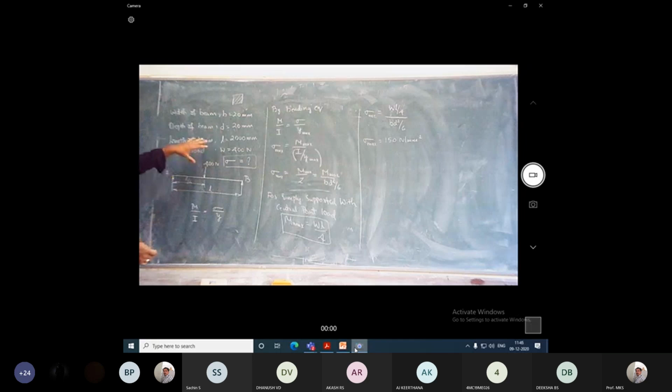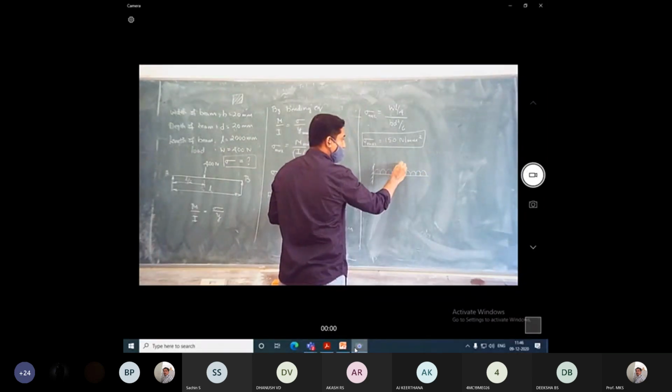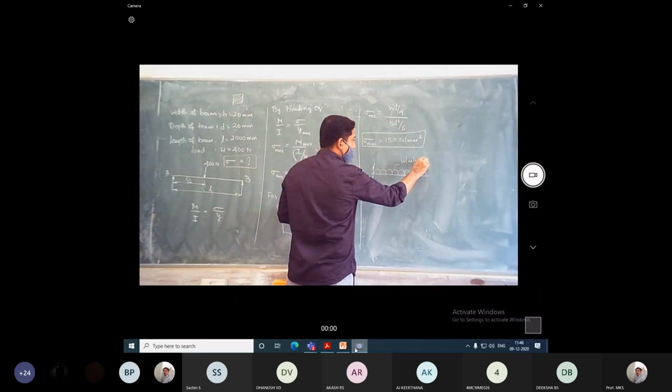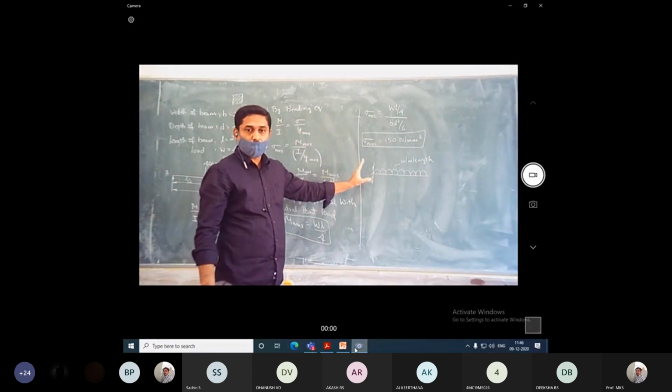Okay, next part of the problem. For the same beam material, if the same beam AB is supported as a cantilever instead of simply supported, with a UDL, that is W per meter length, with uniform distributed load per meter length,